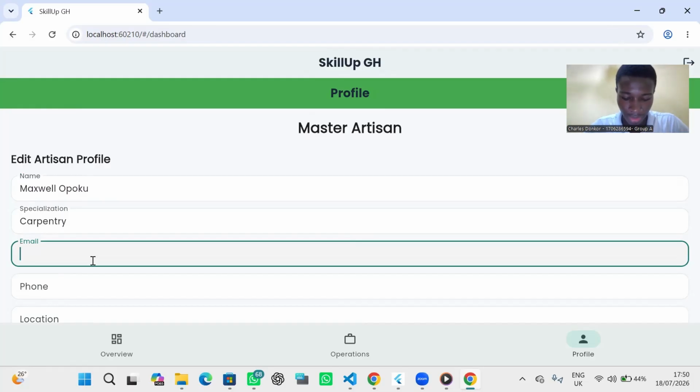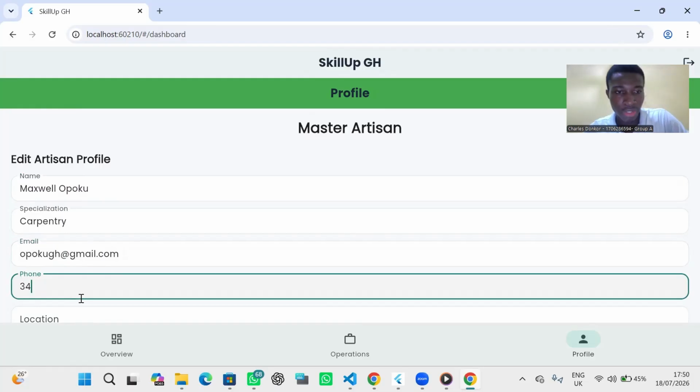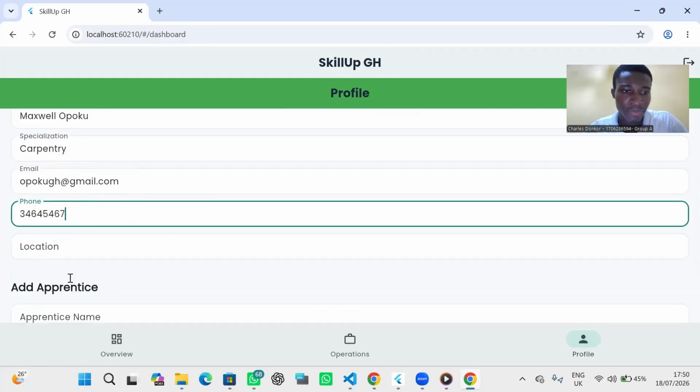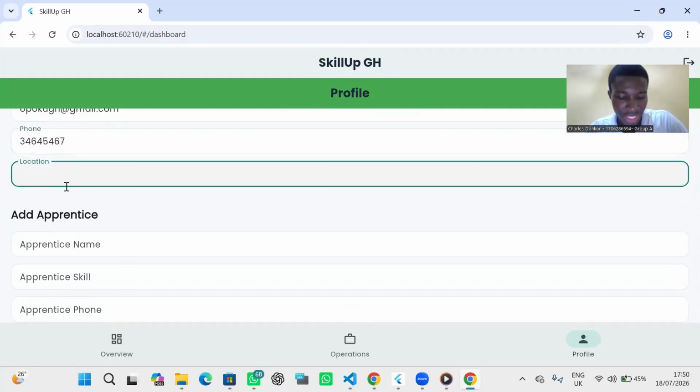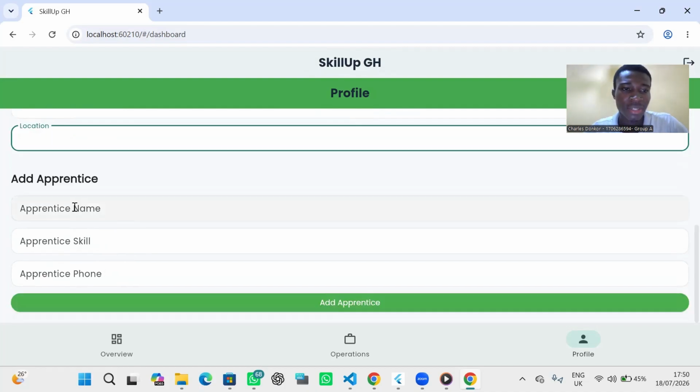Maybe Opoku GH at gmail.com. Okay, you get to add your phone number. You get to add your location. Okay, and with this side,